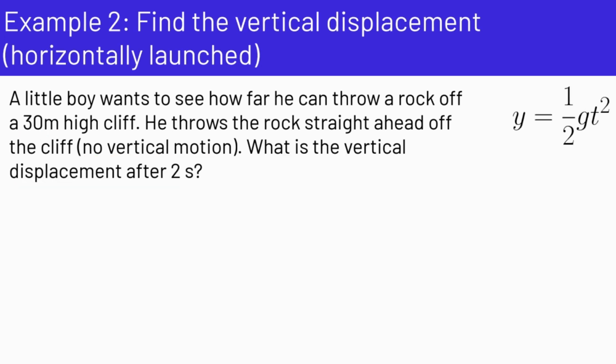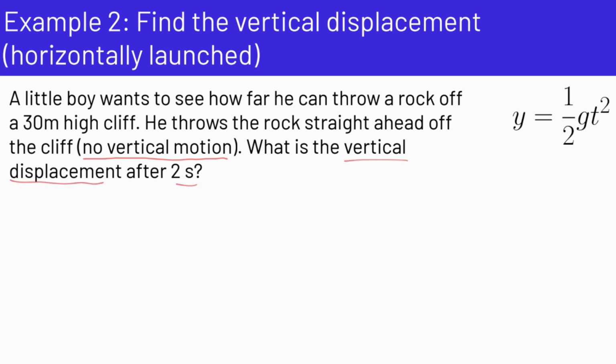All right, so now we want to figure out the vertical displacement when the projectile is horizontally launched. So this is example number 2. We have a little boy who wants to see how far he can throw a rock off a 30-meter high cliff. He throws the rock straight ahead off the cliff. So again, there's no initial vertical velocity. And we want to know what is the vertical displacement